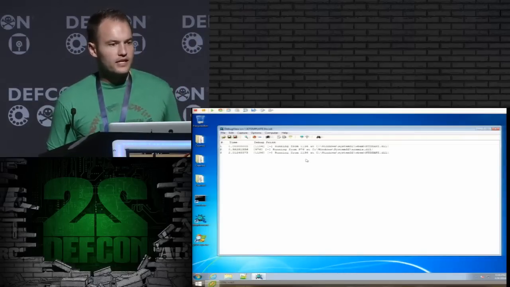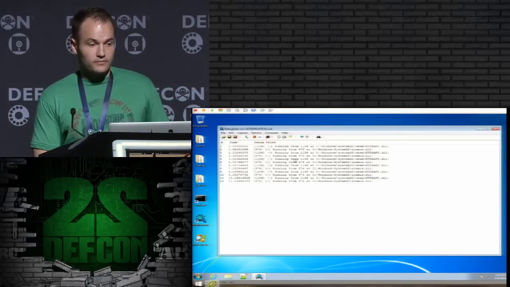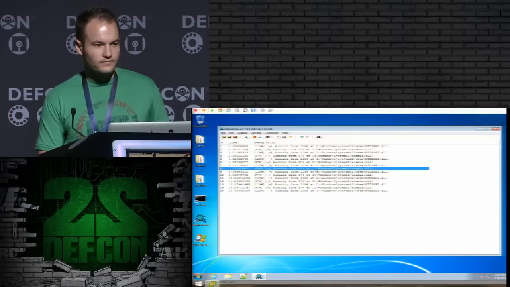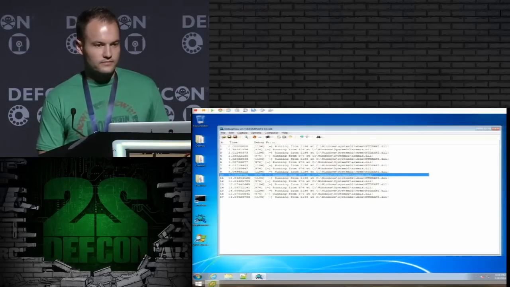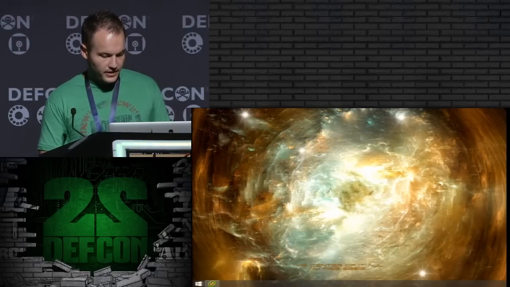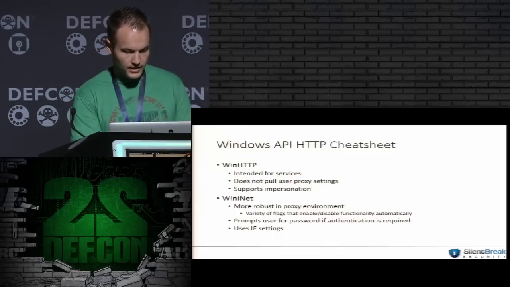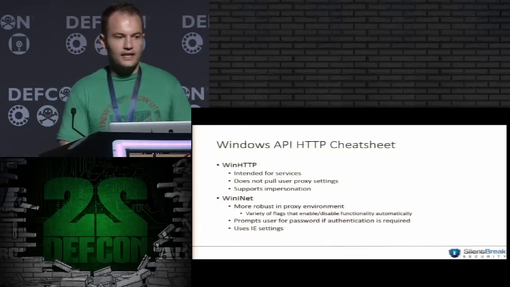Okay, so there's one, and it looks like there's the other. So they're both running as they should. One should be running from VM Tools and the other one from Spoolsv. So right there we have two, you know, pretty stealthy persistence techniques. A lot stealthier anyways than installing a service, right? Because a service creates all kinds of logs. It's kind of a dirty persistence technique in my opinion. But it does work.